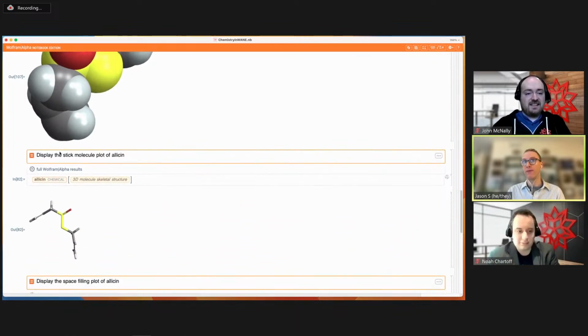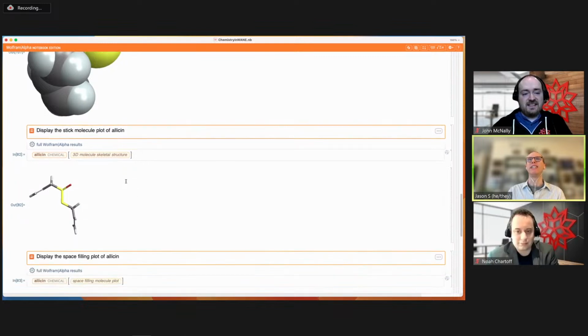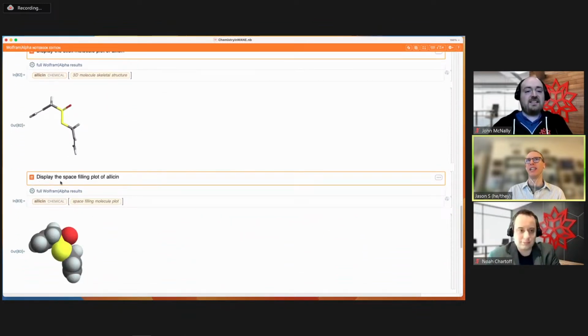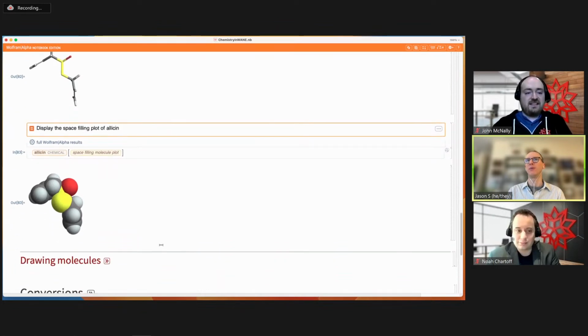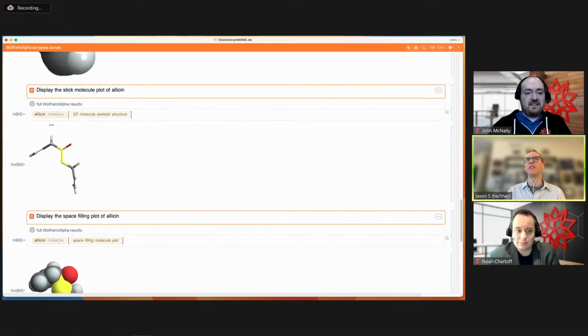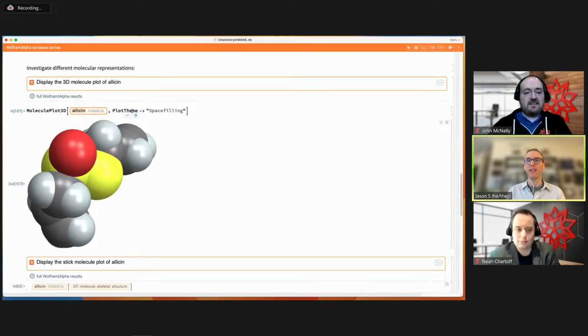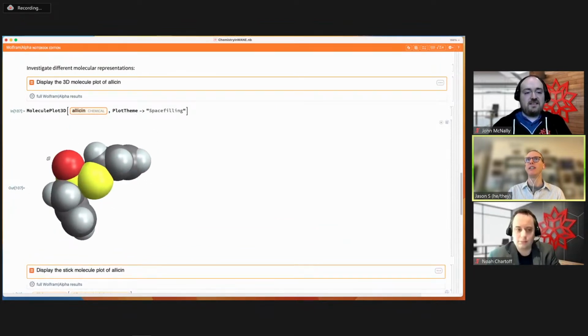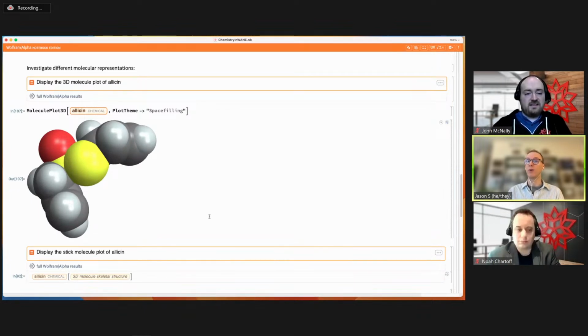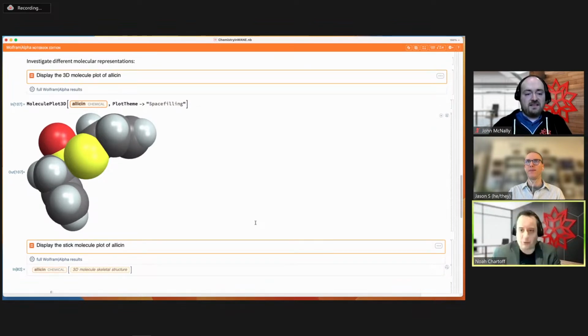And you can ask directly for each of the plot types. You could say the stick plot, or again, ask for the space filling plot, and you get access to those as well. And here, the linguistics is set up at the moment to go towards the entity object, and so these are flat representations. But as I showed you, you can always use the plot theme to get the rotatable ones. Depending on what you're talking about or investigating, one may be more appropriate than the other. And thank you for showing us how to do that both in Wolfram Language code earlier and then in